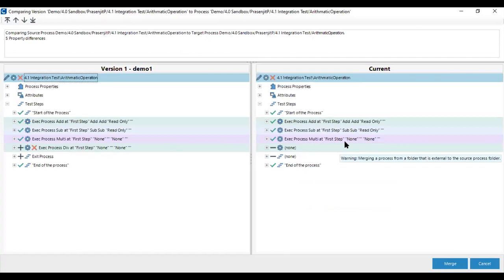So through this, we can update step by step, meaning not all of the process we want to restore. We want to restore some steps, some things. So we can do it that way by merge in the compare report, if you want to restore some steps of the process, not the whole process.